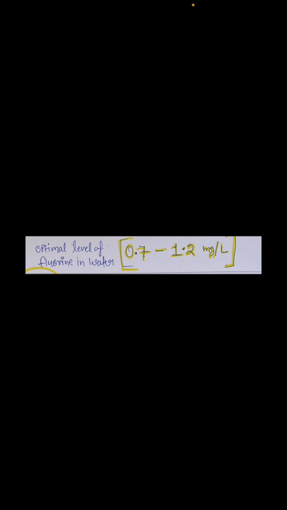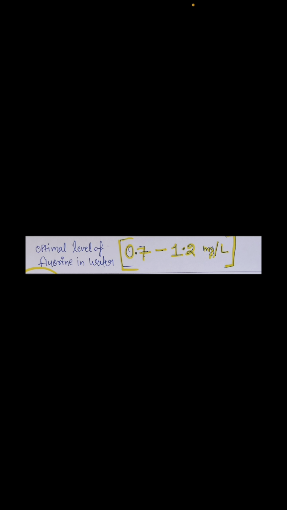Let's go next. Next question. The patient has dark yellow pigmentation of the tooth enamel, diffuse osteoporosis, and CNS functional disorders. This condition is caused by excessive concentration of fluorine. The question is simple. Next, what should be the normal level of fluorine in the water, or for example, the optimal level of fluorine in the water? It should be around 1. If you don't remember the exact value, just remember it is around 1, so it is 0.7 to 1.2 milligram per liter.